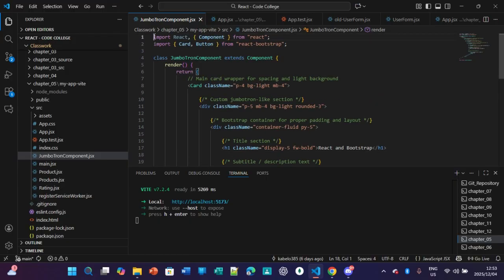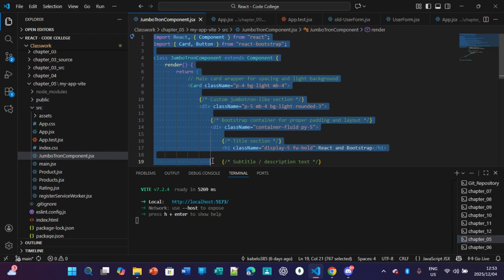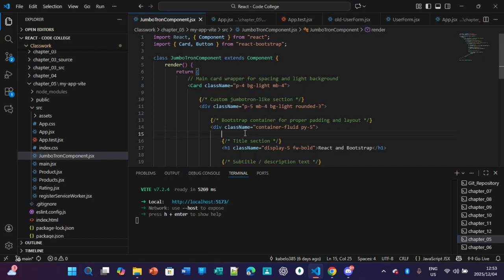So what we have here is import React, component from React, import Card, Button from React Bootstrap, class JumbotronComponents extends Component, render, return, then main card wrapper for spacing and light background, Card className custom-jumbotron-light-section,